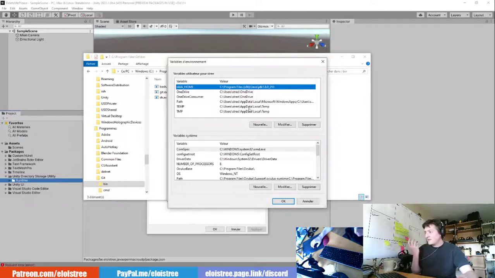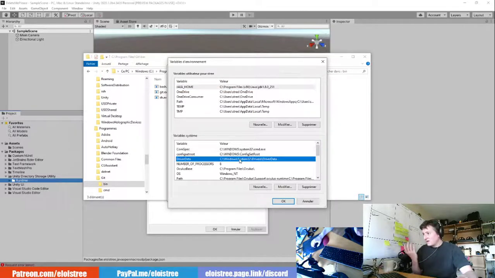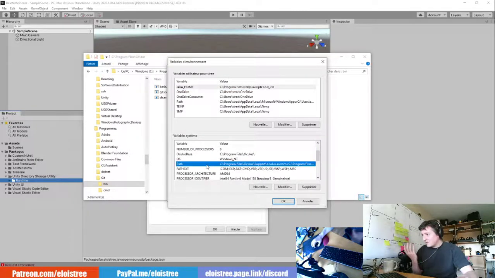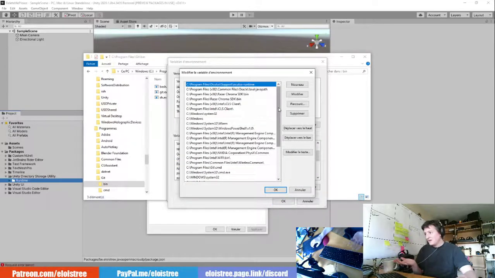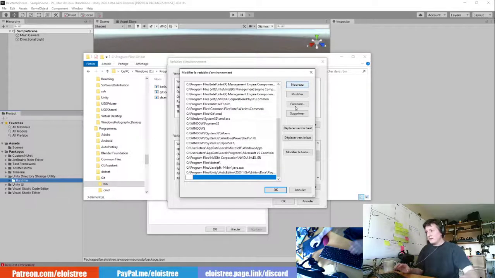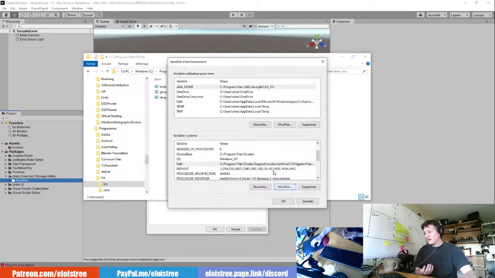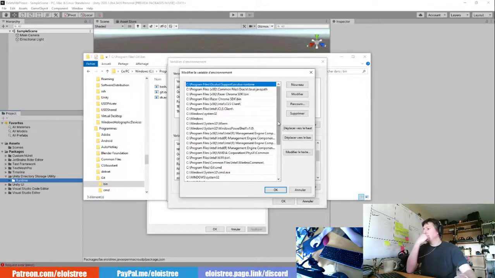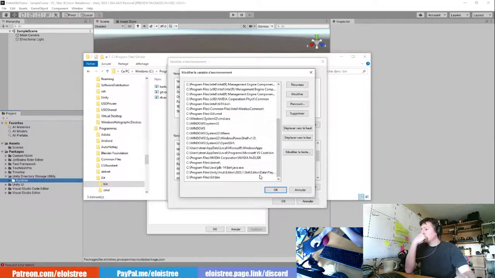Here you should have something that is called path. And in path, you will be able to modify it. So here it's the path of plenty of tools that are available for you from the command line. So we'll add a new one and we will copy the one of Git. I have it already. You have it already? The Program Files git cmd. Git cmd. Wait, I will watch your screen.